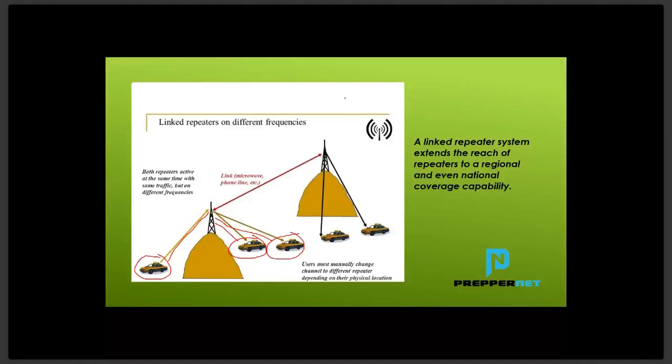They could have multiple repeaters around the entire county that are linked together, so that one car, in that particular instance, those cars have an automatic switching in them. It'll scan a certain number of frequencies to lock in on the one that works. But the point is that for these cars here to talk